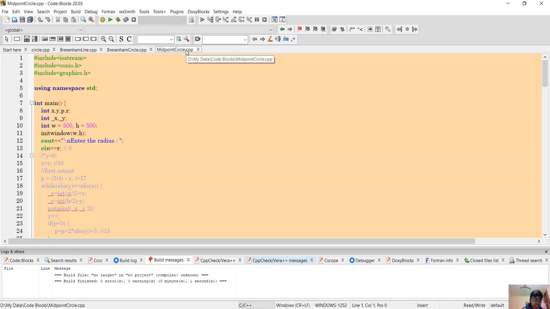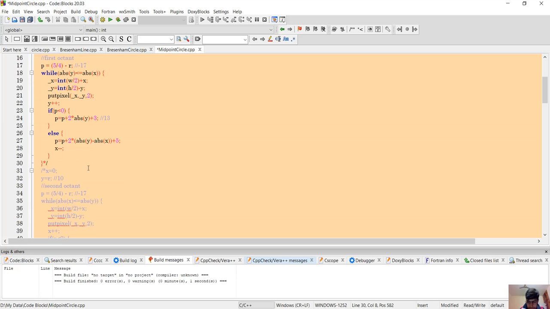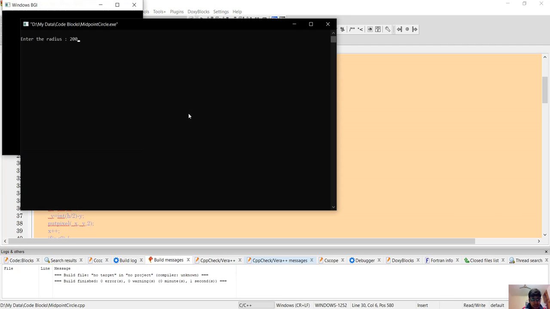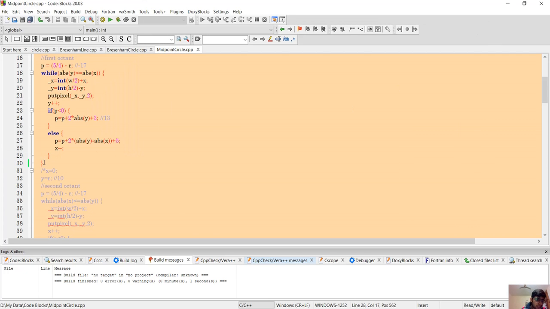Always remember to save the file in .cpp or C++. Everything is similar, but the value of p is different, and these two things are also a little bit different. The rest of everything is similar. Press F9. In this also give the radius 200, and this will work perfectly fine. And similarly, each and every coordinate will work like this only.